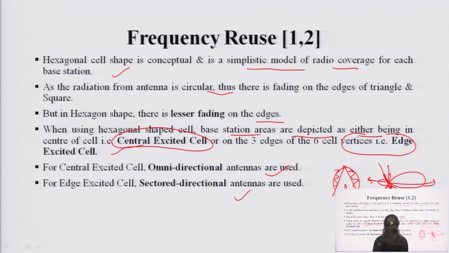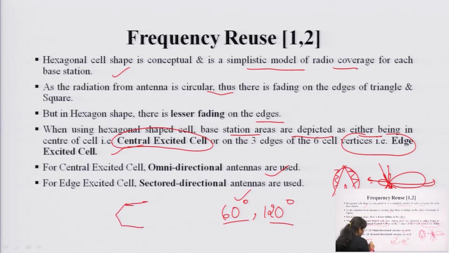It can be a 60-degree sector, it can be a 120-degree sector. I am going to tell you how this will happen. Like this is one cell, and I am going to divide it equally in this shape at an angle of 60 degrees. So, 1, 2, 3, 4, 5, 6. 60 degree has 6 sectors. And I am talking about 120 degree,